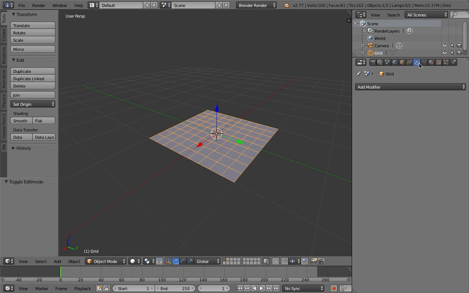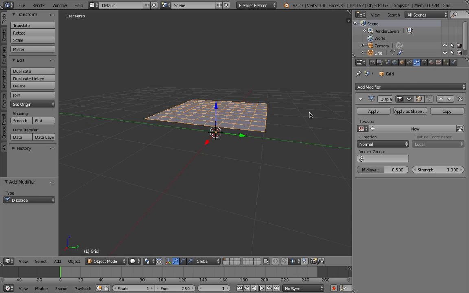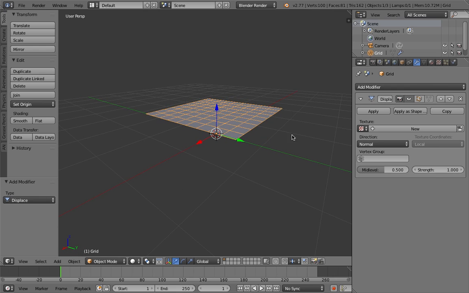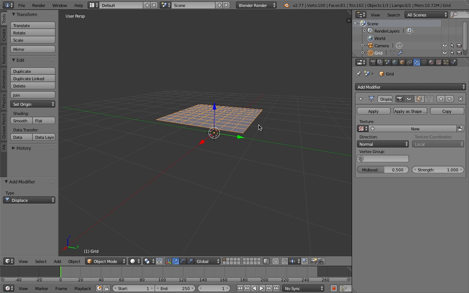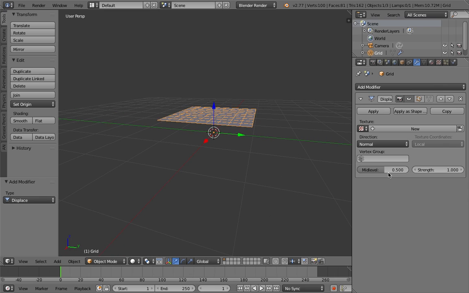And then I will use the displace modifier. By default, it's pushing the vertex up based on the normal of the surface. It's kind of like mid-level.